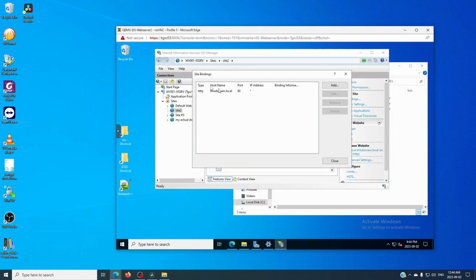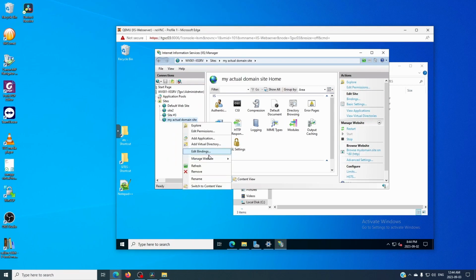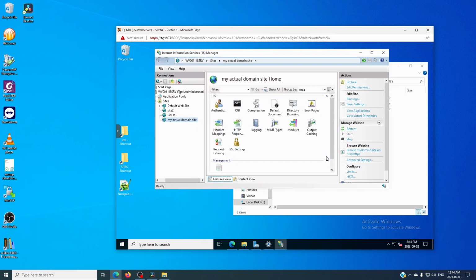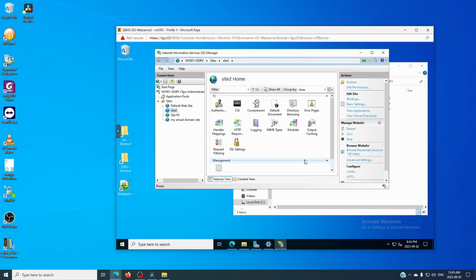Now I just want to show you guys the domains. Site number 2 is called thisdomain.local. Site number 3 is called forum.mydomain.local, and site number 4 is called mydomain.site. I just wanted to make sure that the domains are relatively different, just so that we can show the power of IIS